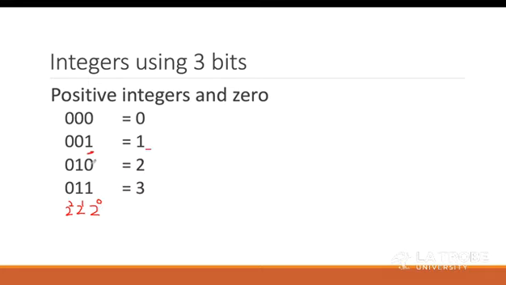So you get 1 here. If this bit is on, then it corresponds to 2 raised to 1, and we know that 2 raised to 1 is equal to 2, so its corresponding value is 2. For this one, these 2 bits are on, that means you need to add these 2 bits, which is 2 raised to 1, a value of 2, and 2 raised to 0, a value of 1, which is 2 plus 1, 3, and you get 3 as a decimal answer.